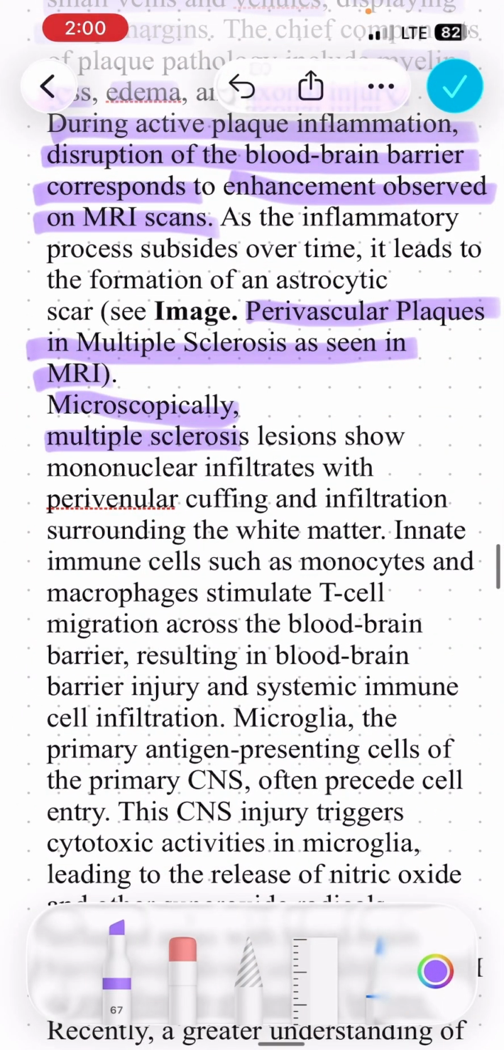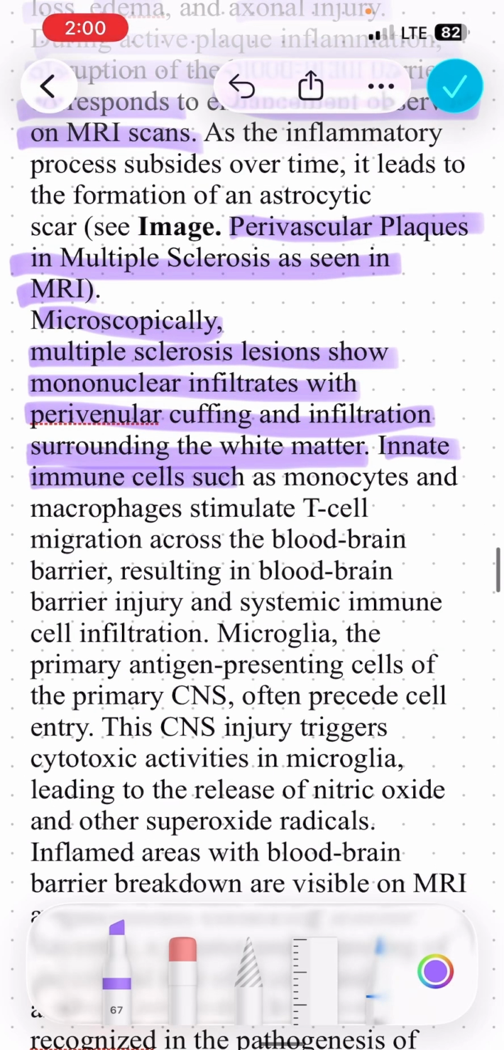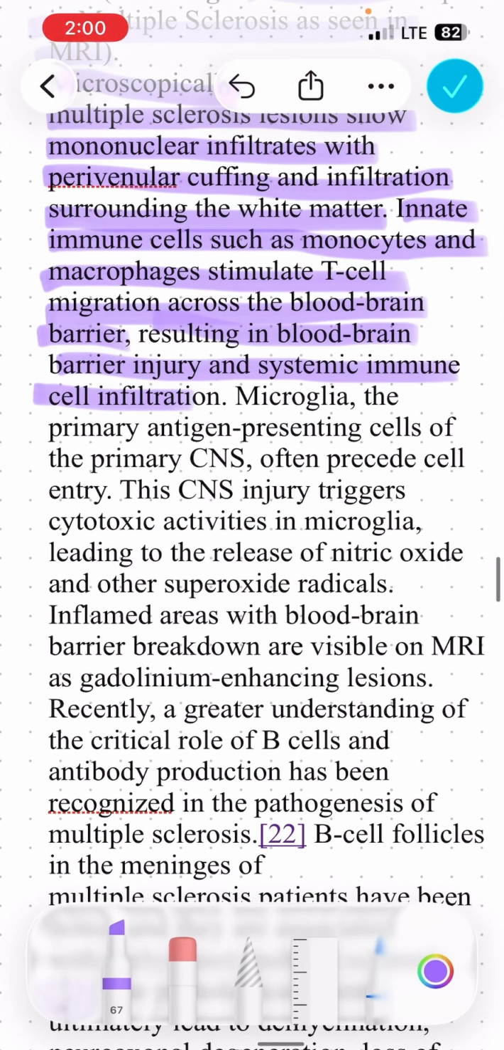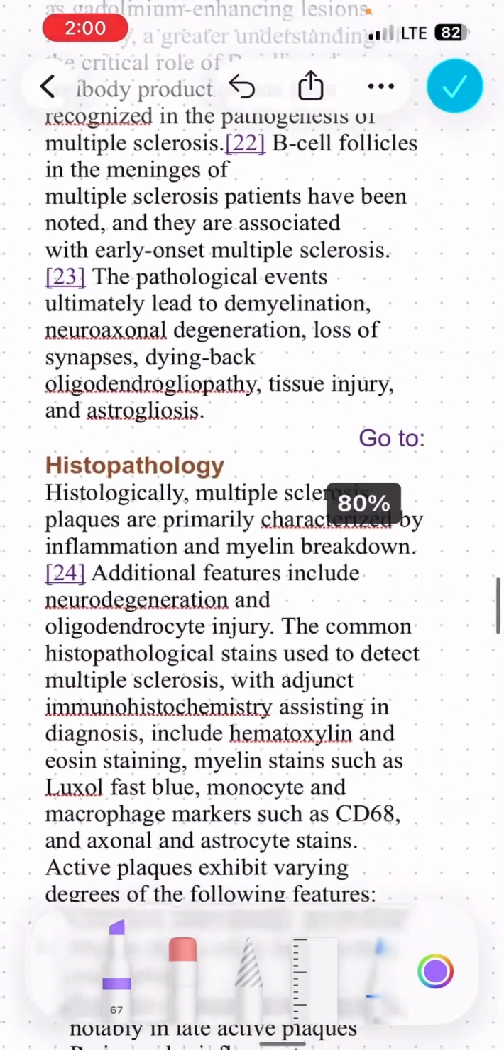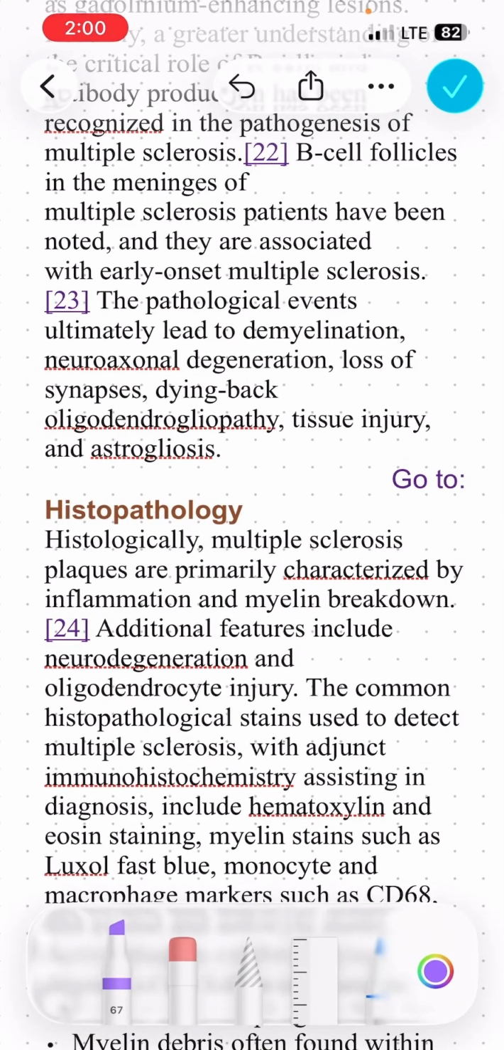Microscopically, multiple sclerosis lesions show mononuclear infiltrates with perivenular cuffing and infiltration surrounding the white matter. Now the innate immunity, such as from the monocytes and macrophages, stimulates T cell migration across the blood-brain barrier, resulting in blood-brain barrier injury and systemic immune cell infiltration. We have discussed it through very systematic pictures, so we will skip this part. Obviously it will ultimately lead to demyelination, neuroaxonal degeneration, loss of synapses,